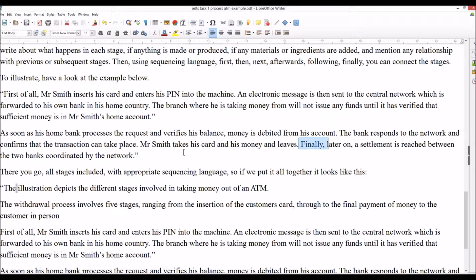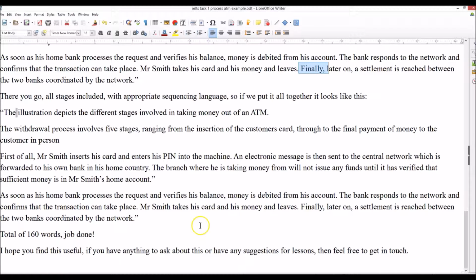Now that's only 160 words, but that would do. You know, it's over 150 words. It covers all the stages. You can maybe put a few more words in as padding, but there's no real need. That would basically do. So if we take a look at it, right, if we put it all together,